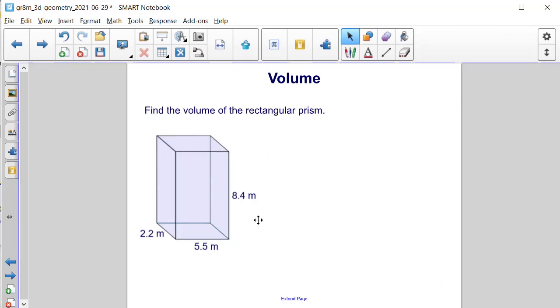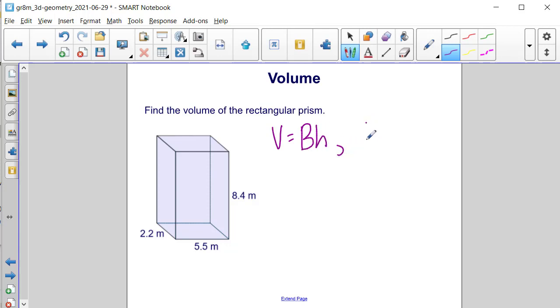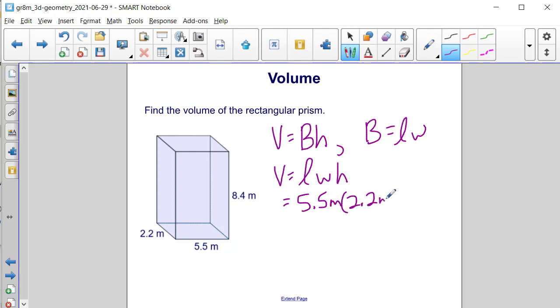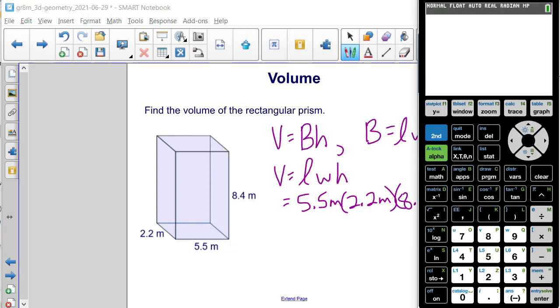Find the volume of the rectangular prism. Well, we know that the volume of any prism is equal to area of the base times the height. In this problem, the area of our base is equal to length times width, because our base is a rectangle. So if we substitute length times width in for the capital B, we get that the volume is equal to length times width times height. And now we can substitute these values in. We have 5 and 5/10 meters times 2 and 2/10 meters times 8 and 4/10 meters. And if we multiply these together,